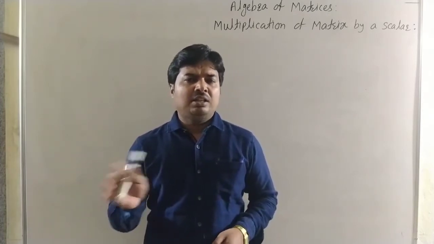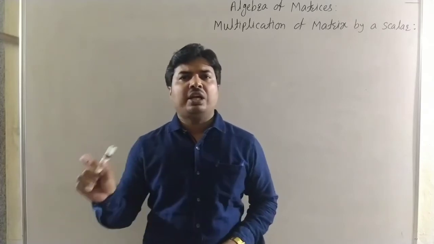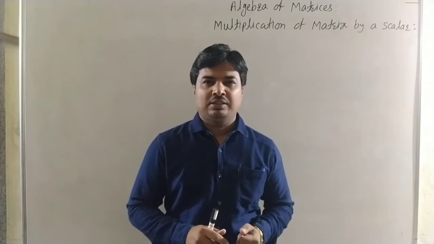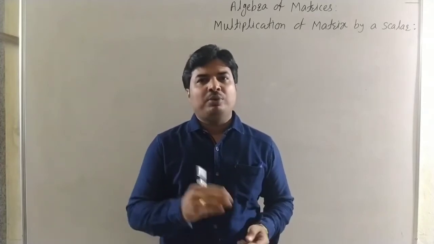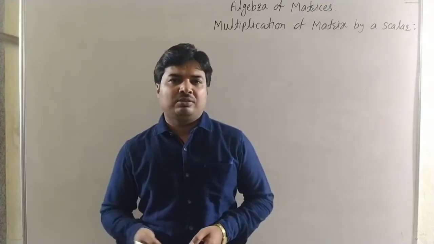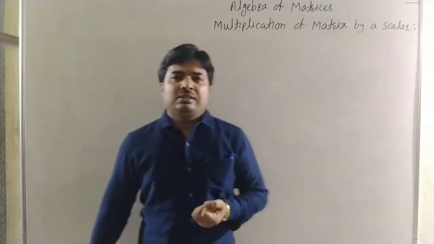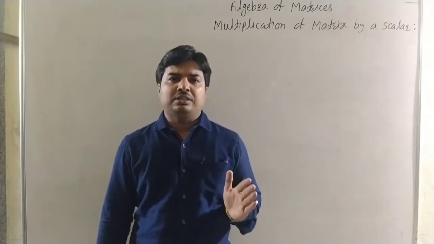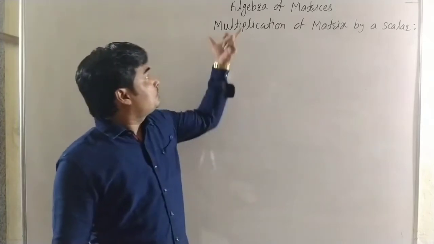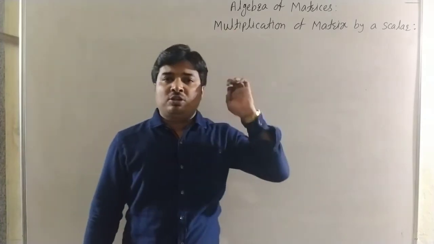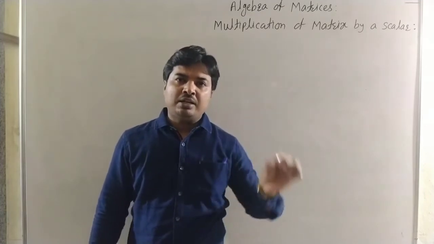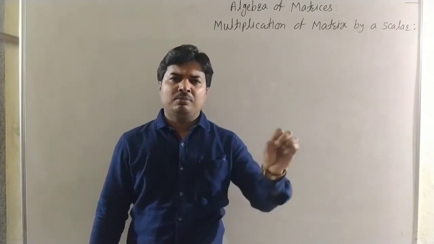Here in the matrix, division is not actually done; it is done in the form of the inverse of the matrix, and the inverse of a matrix we learn in class 12. Now in this chapter we see the addition, subtraction and multiplication of matrices. First we see the scalar multiplication of a matrix. That means we multiply a matrix by a scalar, by a number.